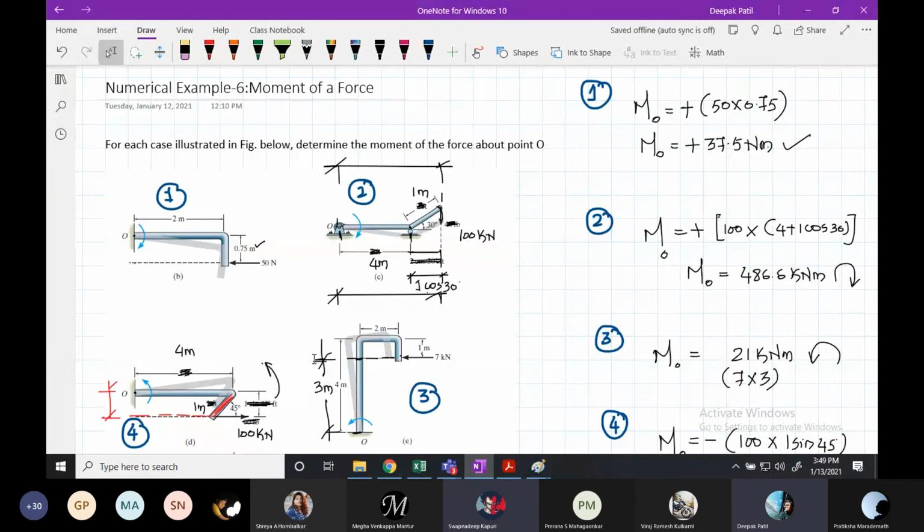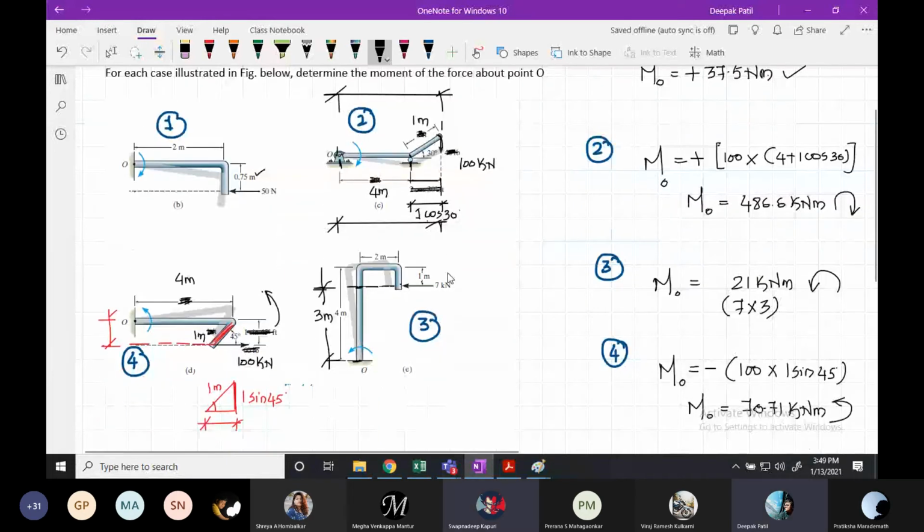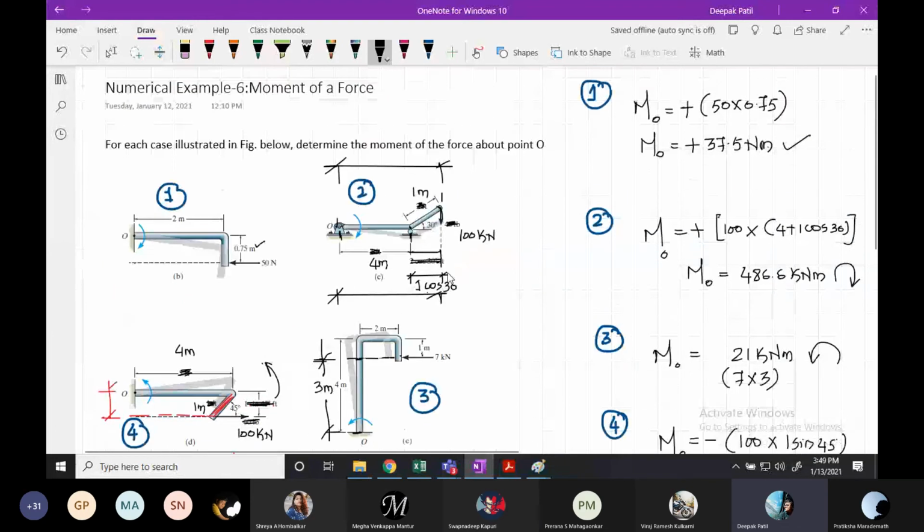So cos theta is 0, then cos 0 degree is 1. Why are you getting confused yourself? See, this is simple. Whenever a force is inclined, you have to find out the components and then find out the force. In each and every case, you can see none of the forces are inclined. They are either in a horizontal direction or in a vertical direction. Where is the question of theta, cos theta, and all? Just to find out the distances, I am using cos rule or sine rule.